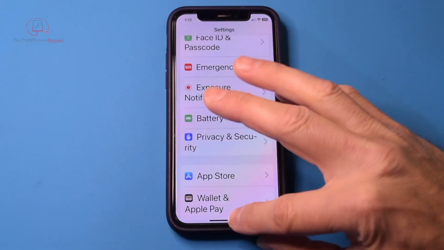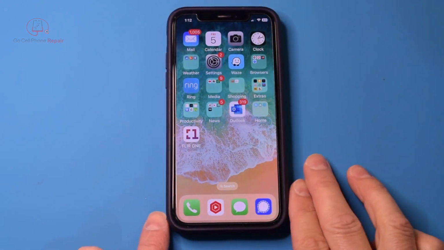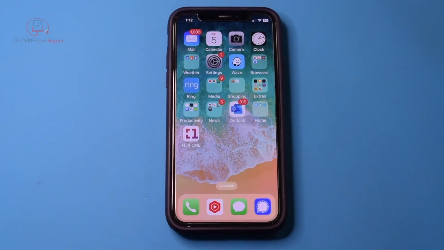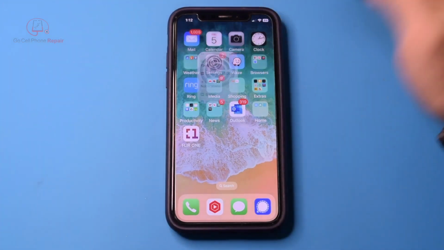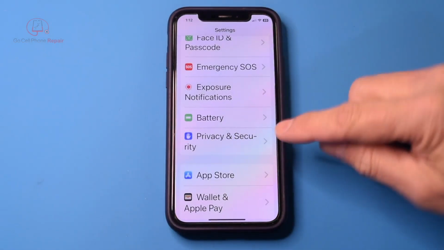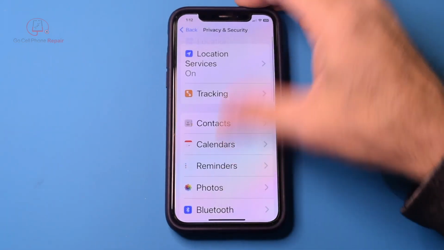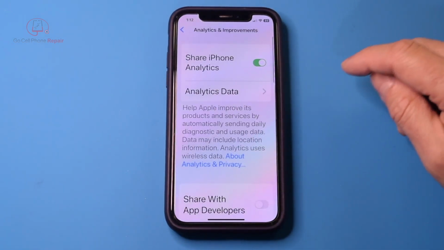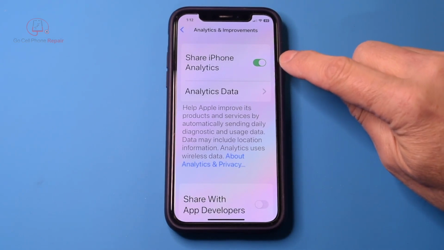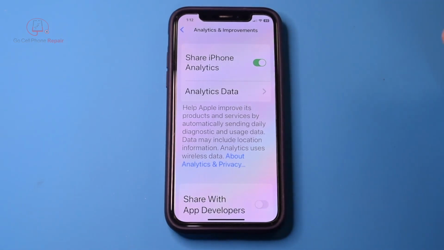So what I'm going to recommend, and this is the safest thing that you can do, is a lot easier, but it does require installing third-party apps, and I will talk about that a little bit later in the video. But what you can do safely from your own phone is go into settings. You're going to scroll down to privacy and security. And then down here at the bottom, you're going to have something called analytics and improvements. If you click on that, you will have to have this enabled. If it's not enabled, you'll have to turn it on and probably wait a day or so in order to